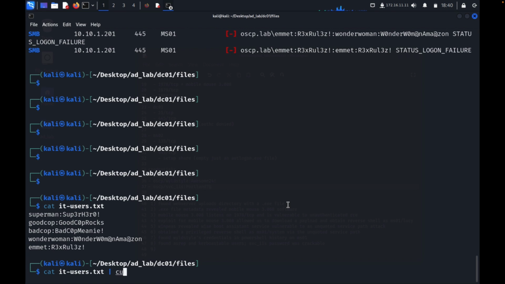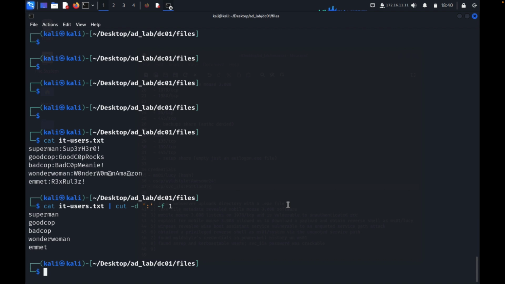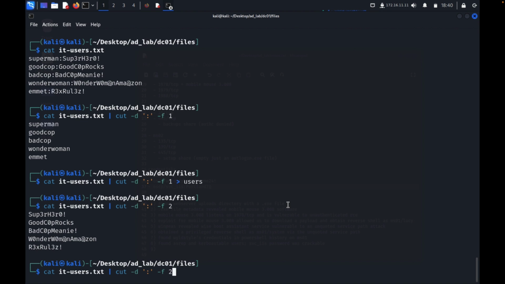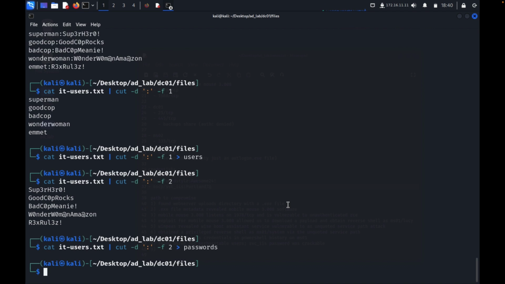and let's do cut. Our delimiter is that, and we want the first field, and spit that out to users.txt. In this case, we'll just say users. Now do the second field, spit that out. And that is passwords. Now we can go back to our CrackMapExec and say